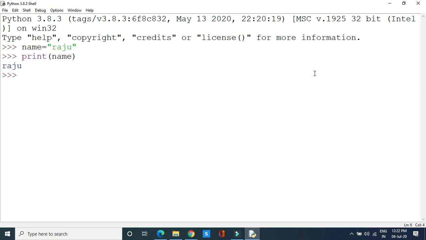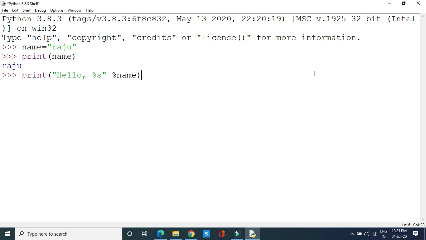But by using string formatting, I want to display the value Raju. In this case, I have to write the print statement like this. Print, here I am using the word hello, meaning I want to wish Raju with %s. This is the string formatting here, and give a space and write down percent name.